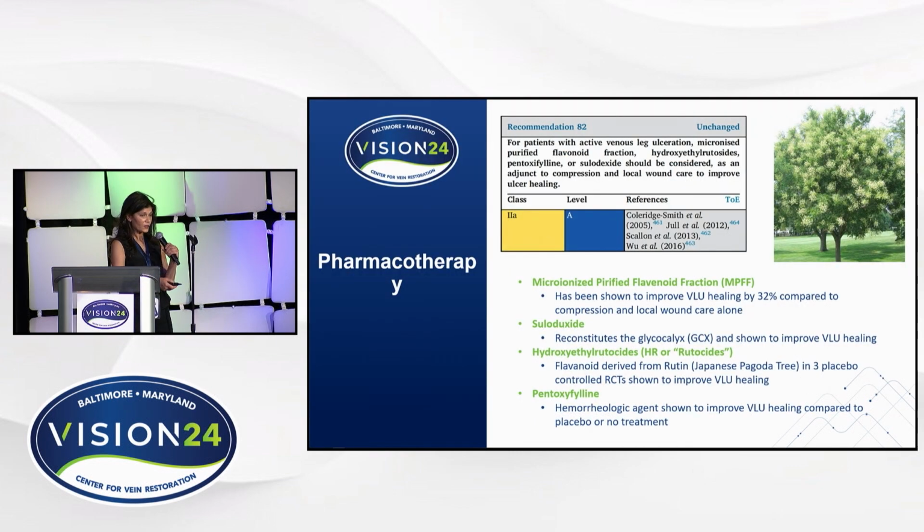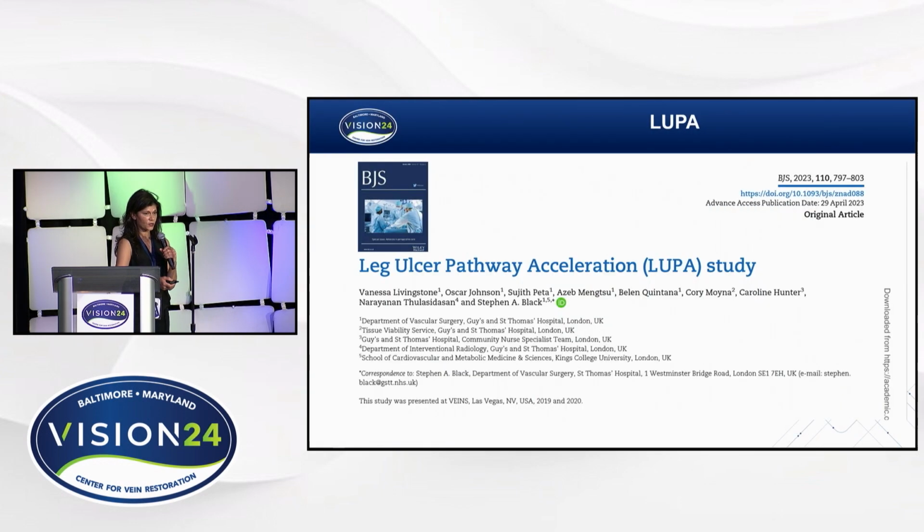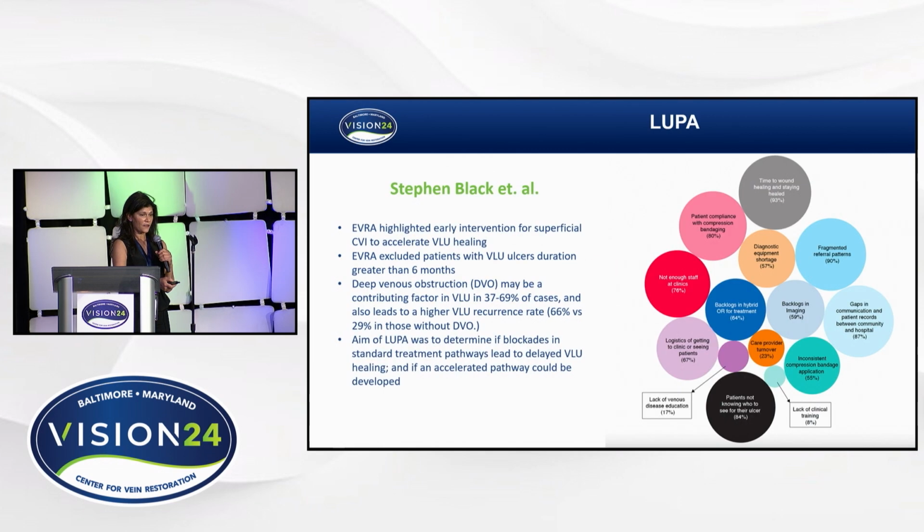Pharmacotherapy. Here in the US, we have the MPFF, micronized purified flavonoid fraction, and pentoxifylline, the rheologic agent, and we promote the use of that. In Europe, they also use sulodexide to reconstitute the glycocalyx, and rutosides. I'll skip over these just because I want to point out Dr. Stephen Black's leg ulcer acceleration pathway, published last year in the British Journal of Surgery,